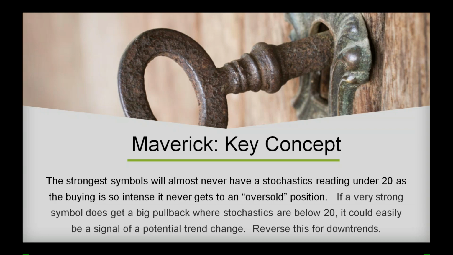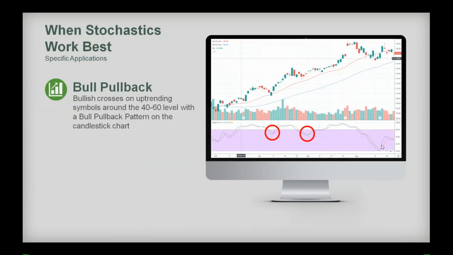So this can reverse for downtrends. Because it's an oscillator, it doesn't have to be used as much in a trending environment, but you always have to be a little bit careful and cautious in terms of which signals you're using on the stochastics. So when would the stochastics work the best? Well, here you're starting to get some crosses that occur around the 40 to 60 level. If they happen at the 40 to 60 level, then you're saying, okay, we're in that zone where,